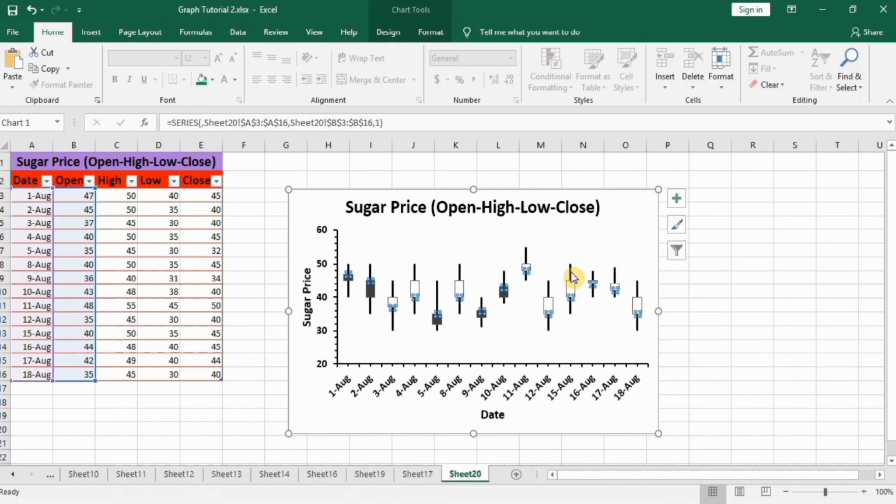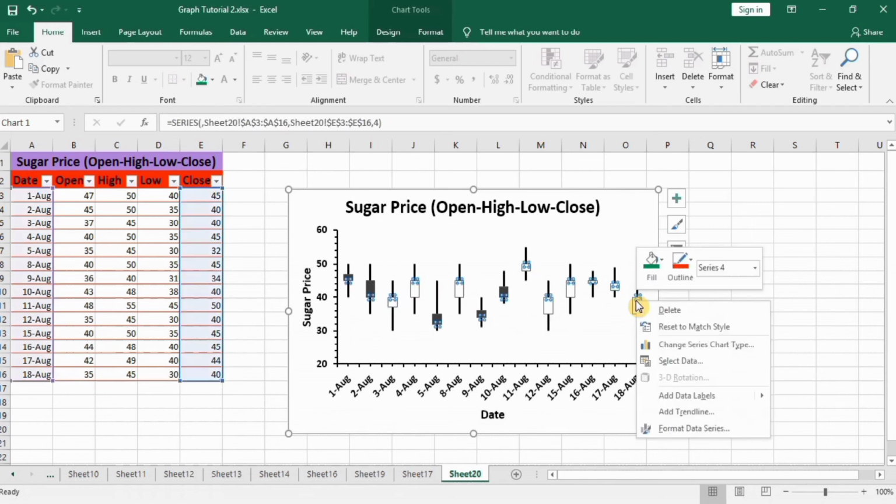Now I will select these bars. You can see here these bars are selected. So these are two series in which one shows the increase in price and the other shows the decrease in price. It shows the series currently selected, increase in price.